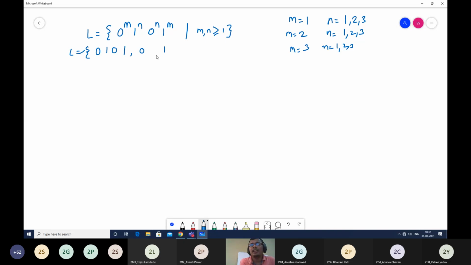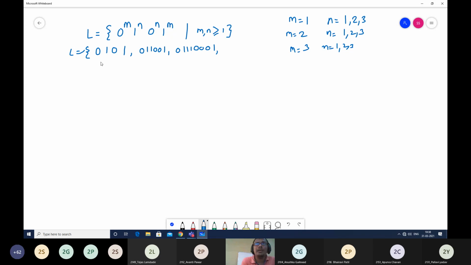Next, if my value of m is 1, this is the outer 0 and 1. Inside that, if I take the value of n as 2, the string generated will be like this, because n will be 2 now. So internally I'll have 2 ones and 2 zeros. And the value of m is 1, so outside I'll have 1 0 and 1 1. Similarly, if my value of n is 3, outside I'll have 1 0 and 1 1, because m is 1, and inside I'm having n as 3, so I'll have 3 ones and 3 zeros. Correct? All these 3 strings I have written considering the value of m as 1.